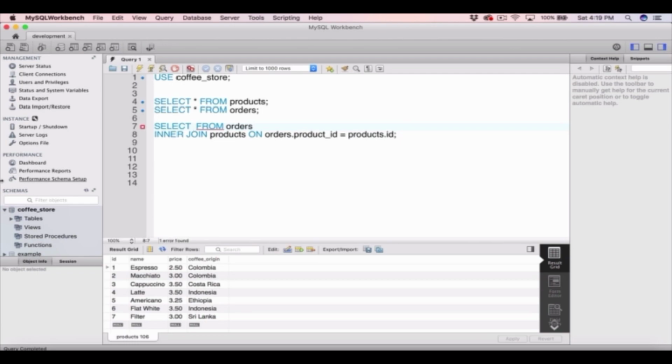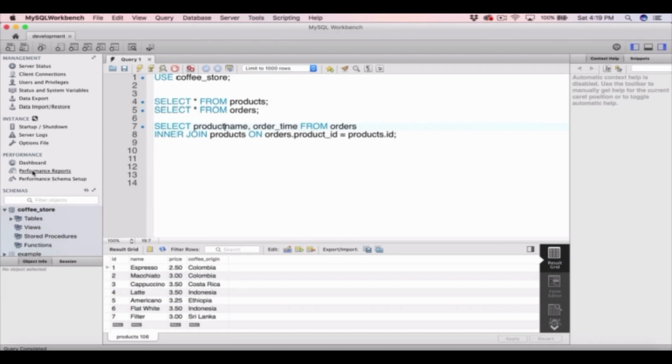So we wanted to select the name column from the products table, and we wanted to select the order time from the orders table. Now if we were just to type name and order time like this, like we normally do when selecting from a table, MySQL doesn't actually know which table to select the name field from and which table to select the order time from. Does it select it from the orders table or the products table? So again, we need to first type the table name. So in this case it's product,